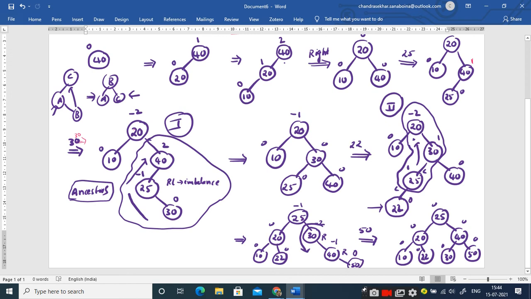And in the second case, though you have inserted an element into the AVL tree, the balance factor has been violated in some other node. So from the node where the balance factor has been violated, from there you have to consider three nodes, in the direction where this 22 or this node has been inserted. So you have to consider only three nodes from the node where the balance factor is violated. Is it clear up to this point?